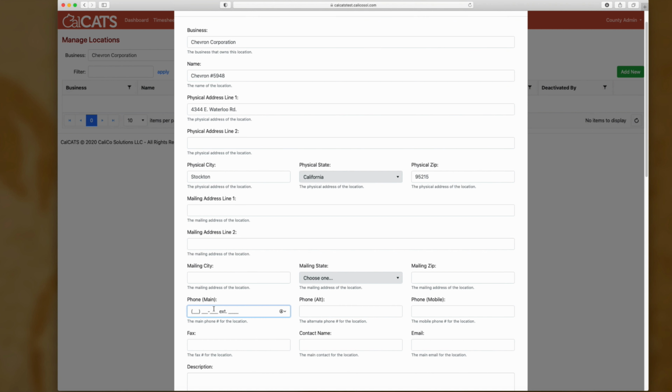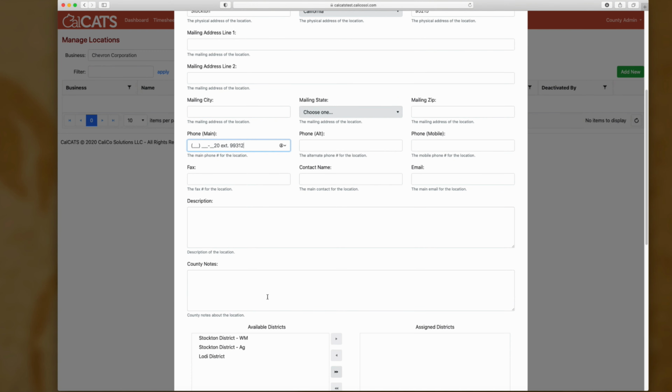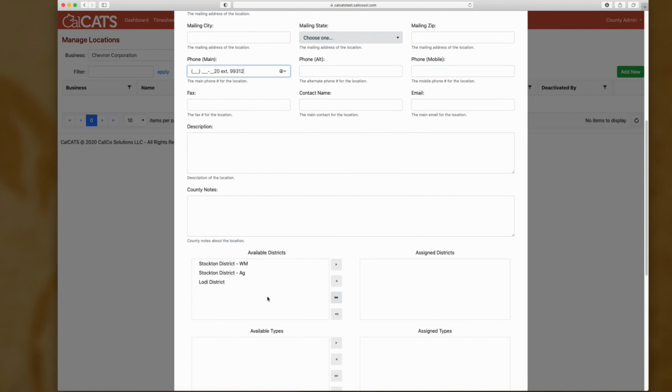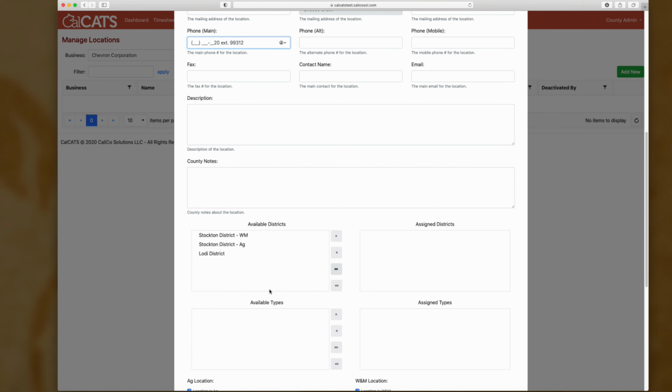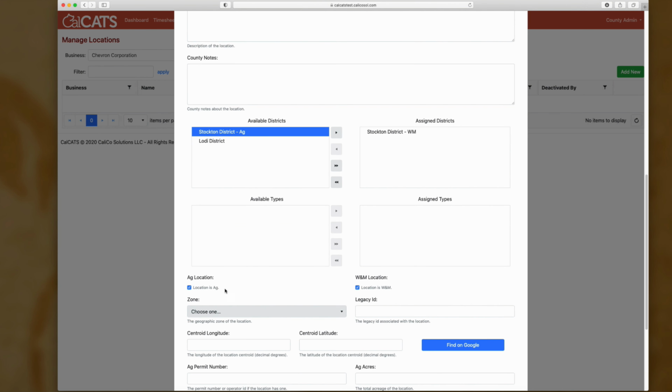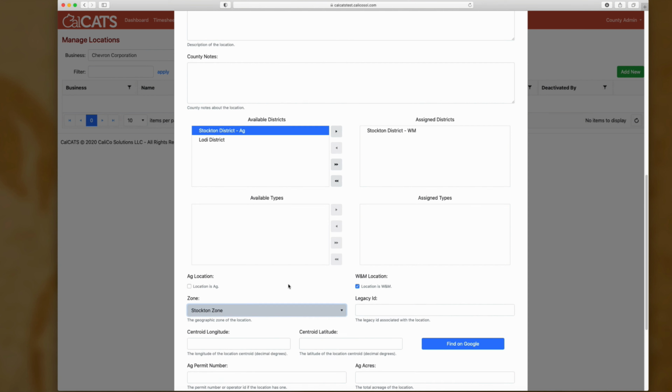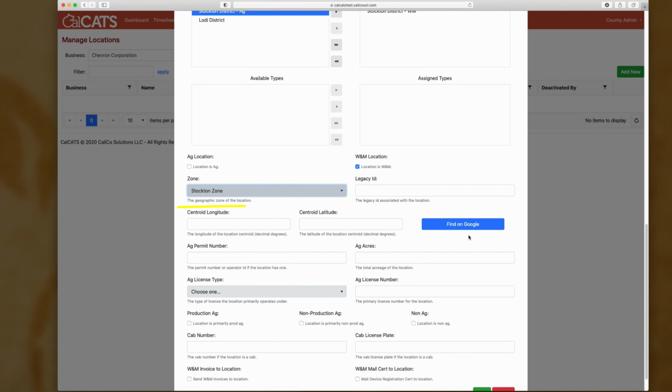And a phone number. And it's in the Stockton Weights and Measure district. You can assign locations to certain districts. That keeps them organized. I disable the ag location, Stockton zone, and here you find the lat long is empty,